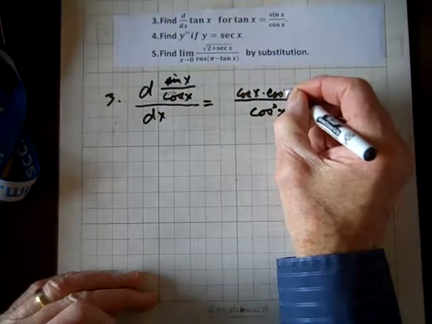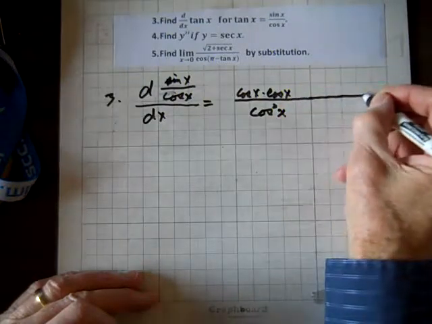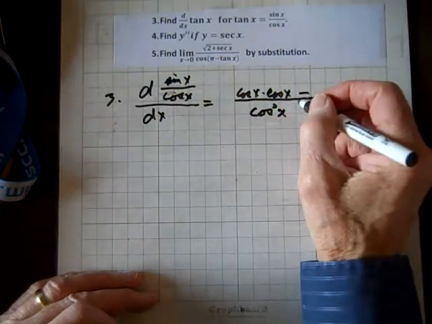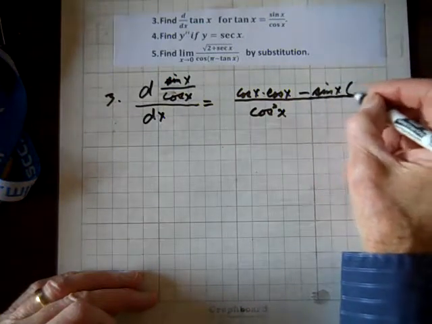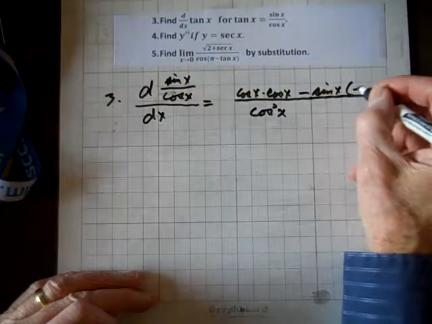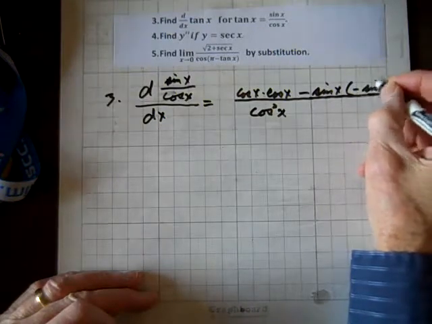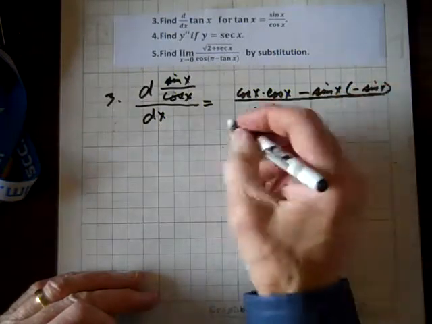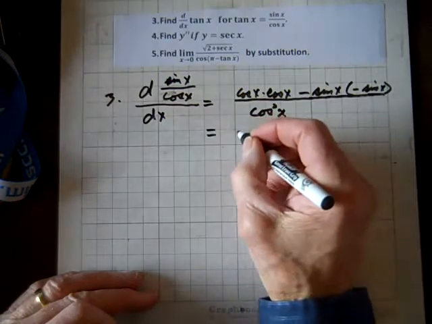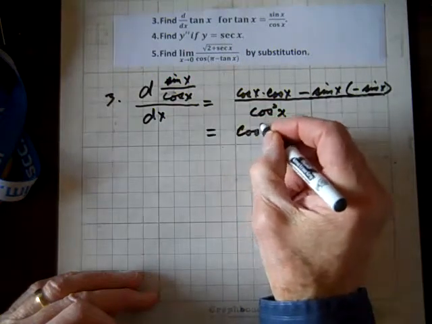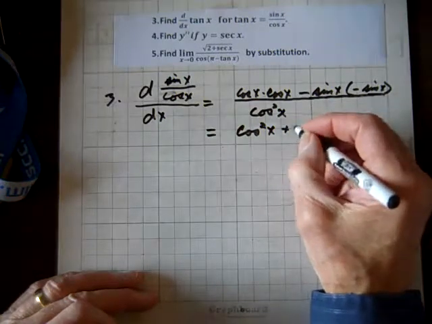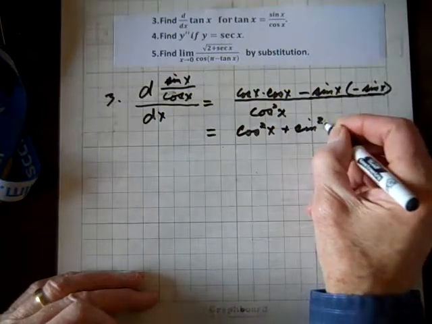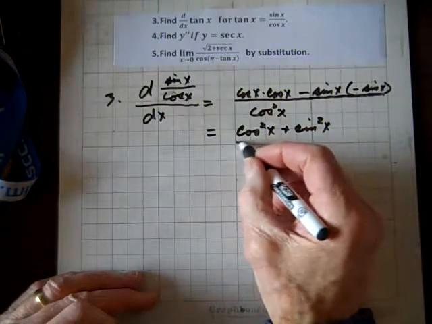And then minus, and now we'll hold sine of x constant, and take the derivative of cosine of x, which is minus sine of x. And so what we have is cosine squared of x, minus times a minus, that'll be a plus sine squared of x, over